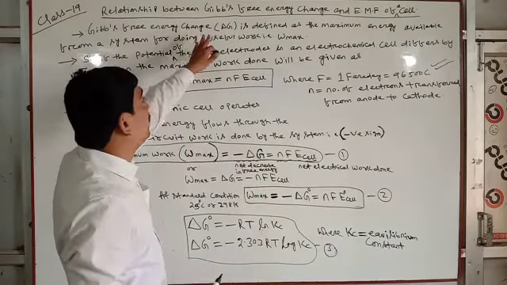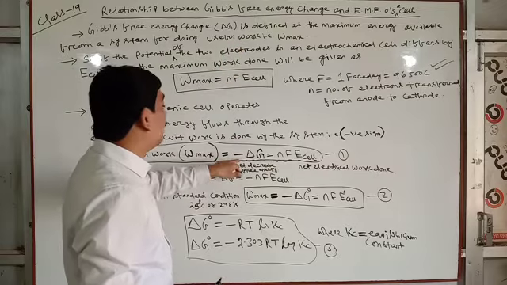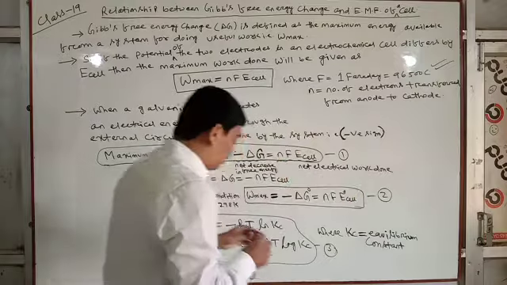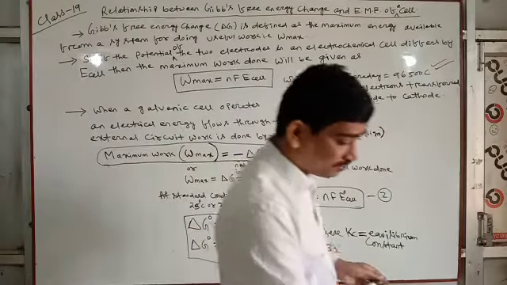So what is the relationship between free energy change and EMF of a cell? Minus delta G equals nFE cell, or under standard conditions minus delta G naught equals nFE naught cell. Clear? Next,